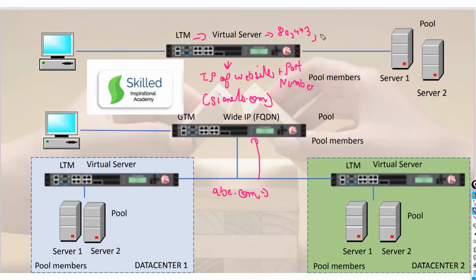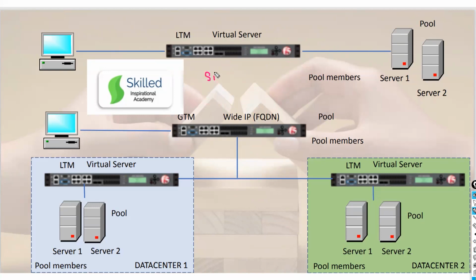I want to load balance my application on FTP. You can do it. So let's say I have one website, and the customer says, hey Vidit, I want cnets.com to be deployed behind the F5 load balancer. In that case, I will assign one IP, let's say 1.50. This will be given by either my network team, or when I talk about the topology and network architecture, I will tell you.